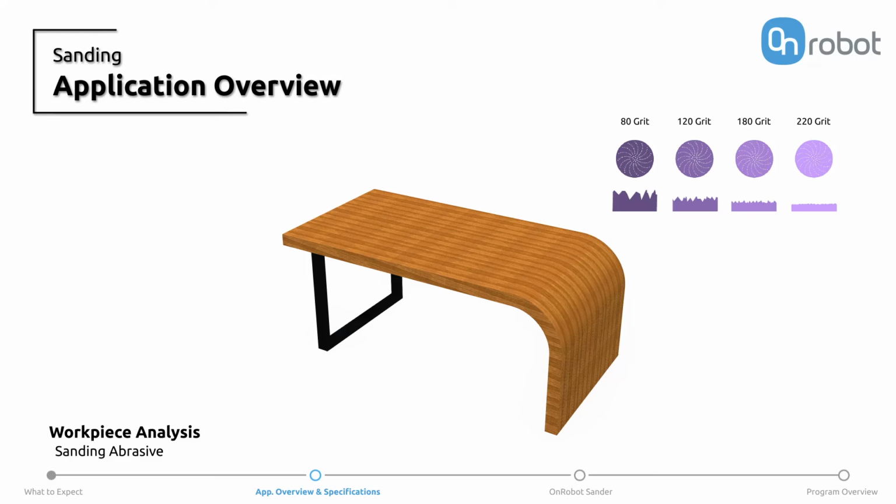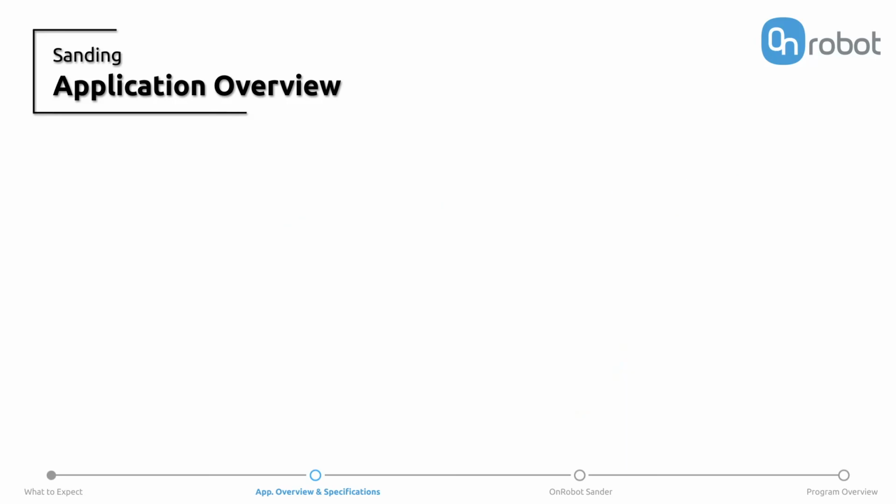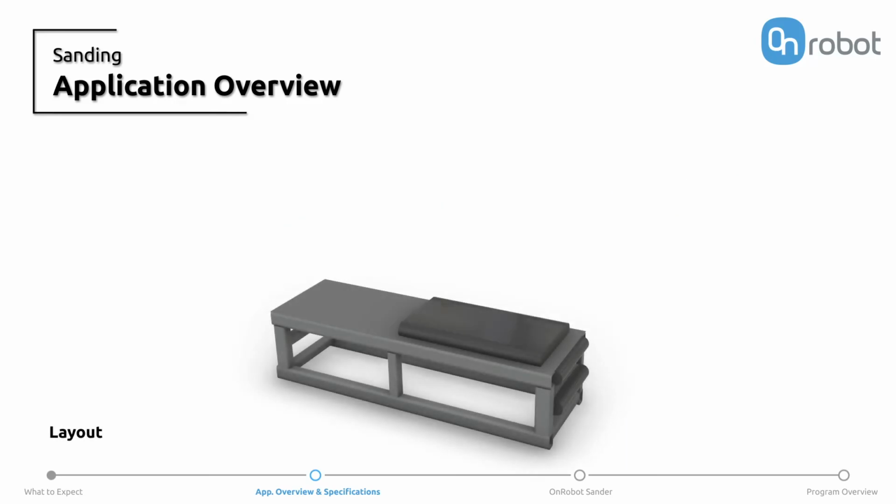It is also recommended to use a grit changer for the robot to automatically change the sander's grits, as this will optimize the application's cycle time and avoid the need for the operator to constantly change the grits between sanding operations. It is important to consider how the workpiece will be presented to the robot and how it will be